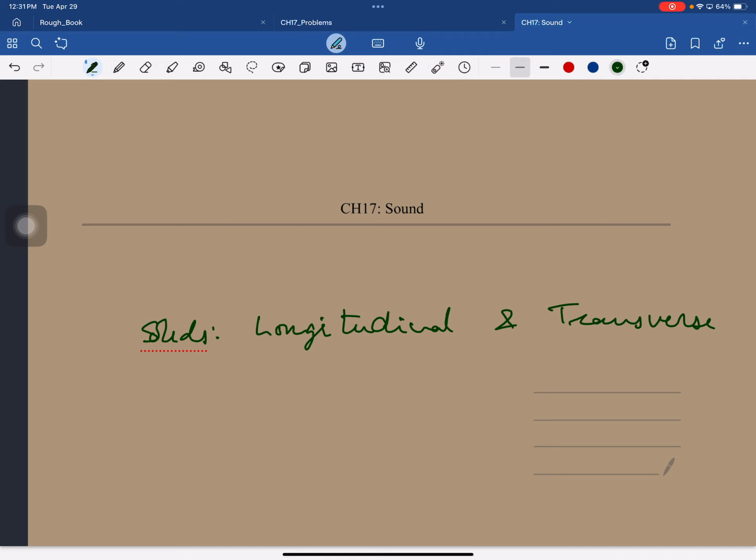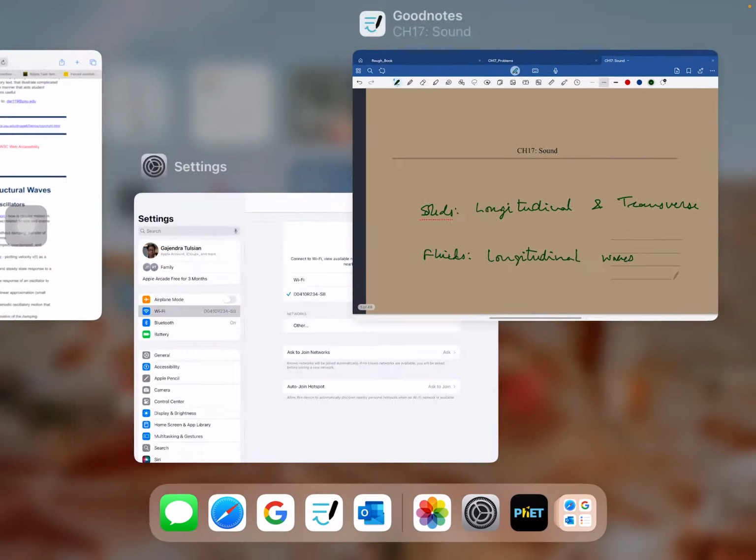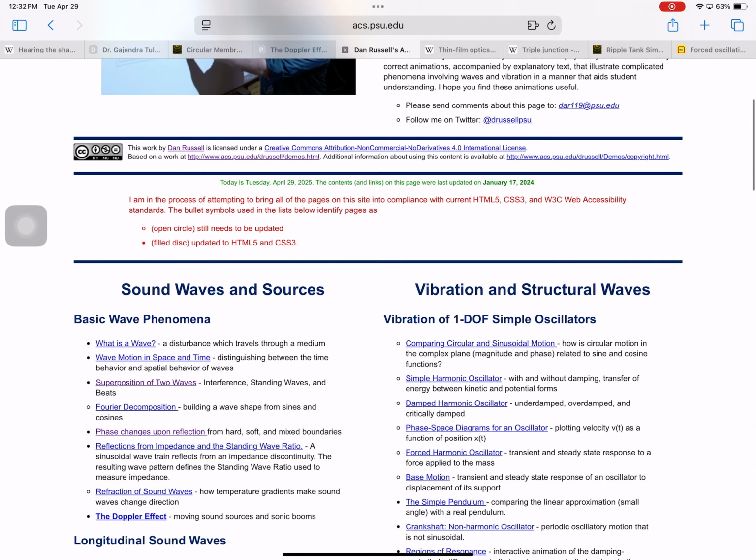Okay, so in a solid, you can have both longitudinal and transverse waves, sound waves. In fluids, what are fluids? Yes. Liquids and gases, you can only have longitudinal waves. Okay. So the sound waves getting to you are traveling through air, so those are longitudinal waves. Okay. So let me show you these waves before we get into the